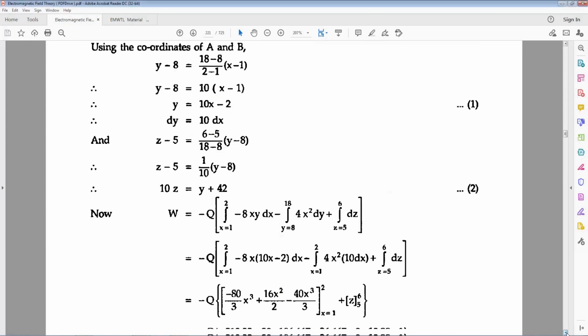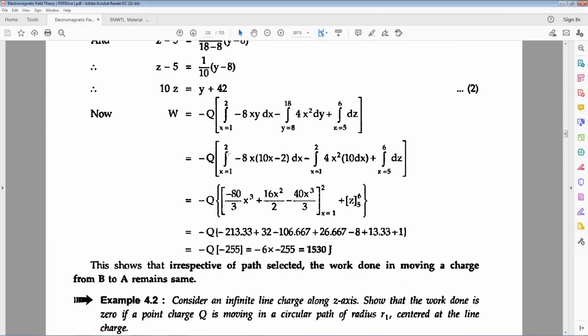Then apply the integral for all three terms and substitute the values, the upper limit and lower limit of x and the upper limit and lower limit of z, and simplify the equation. You'll get Q is equal to 1530 joules. This shows that irrespective of the path selected, the work done in moving a charge from B to A remains the same. So previously we got the same thing, 1530 joules, by selecting the path, without selecting the path also,